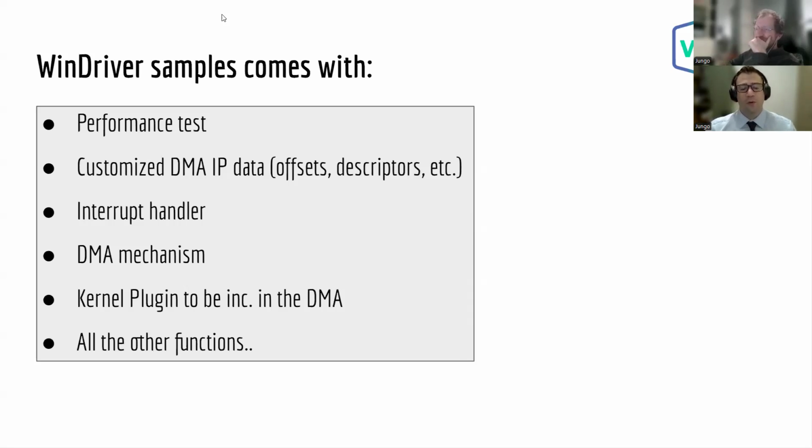They're sample code for the popular DMA IPs that the example projects are matched with. So once you have the hardware design set up, this is where the samples come in. Now, the samples come with various features and functionalities to allow you to actually test them, experiment with them, and see where you stand. They come with everything that you see here. I'll just rattle them off real quick.